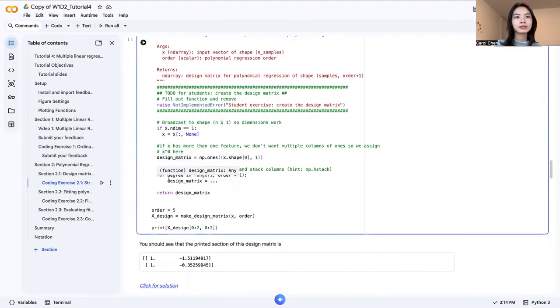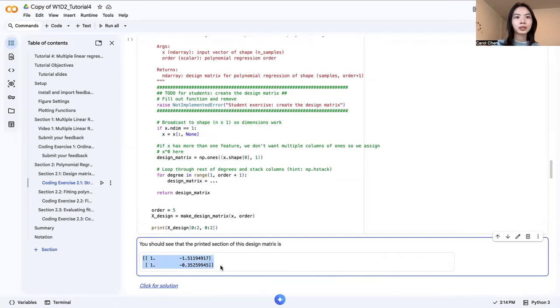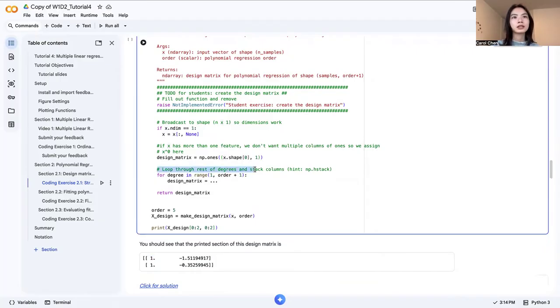Okay, so this is what we would want to see after we print a snippet of our design matrix. So this is the one that we put in every row of our design matrix, and this represents x to zeros power. And then we would like to loop through the rest of the degrees and stack the columns. So here it suggests that we should use np.hstack. So this makes a lot of sense, right? Because eventually we would want